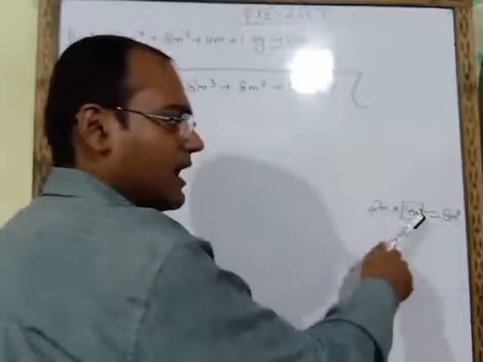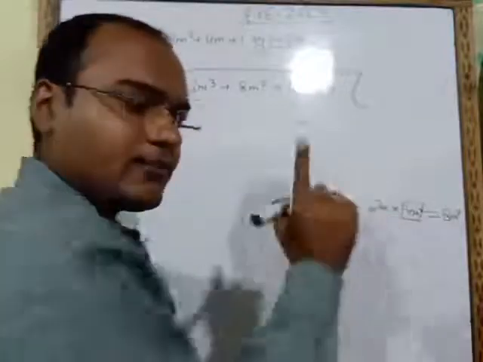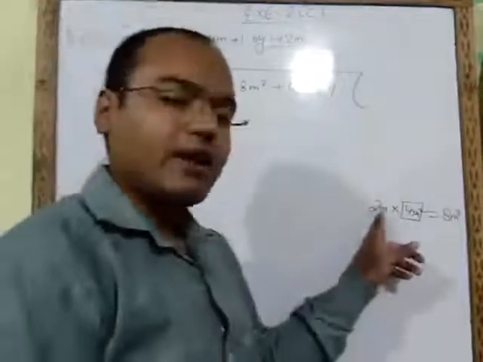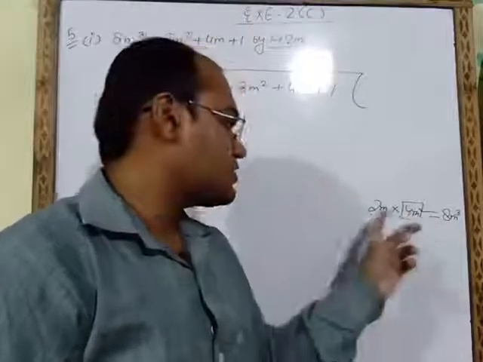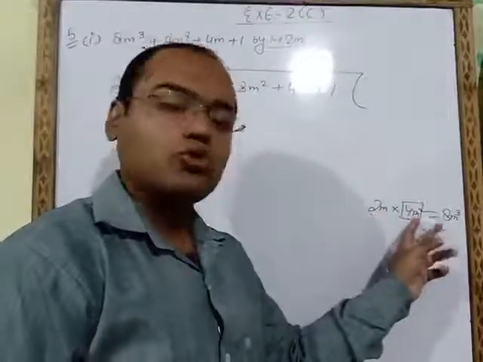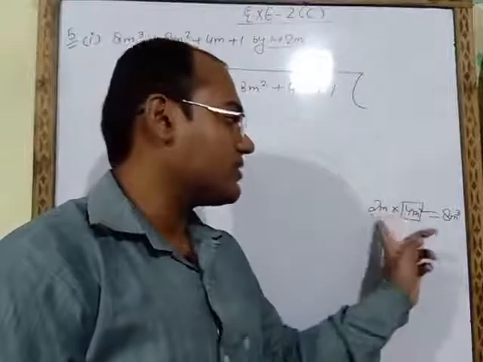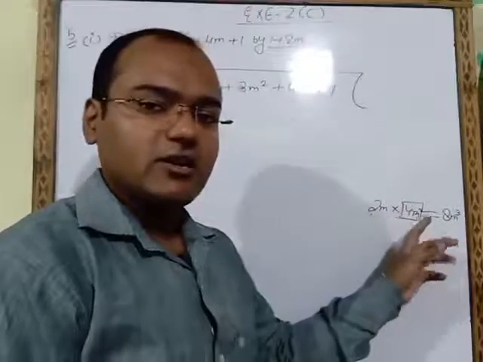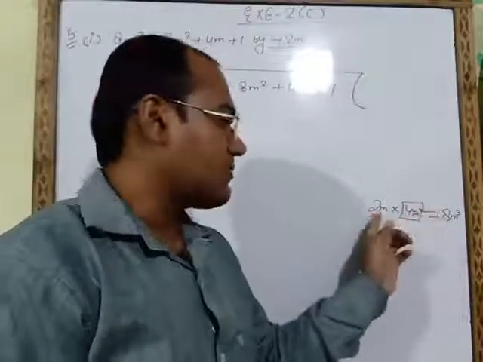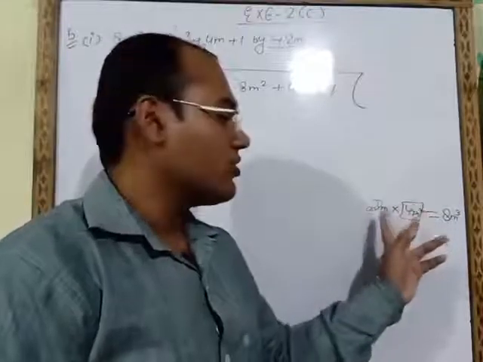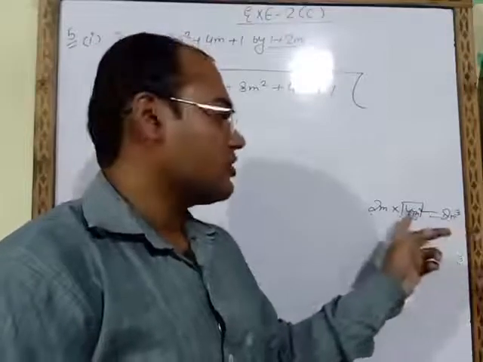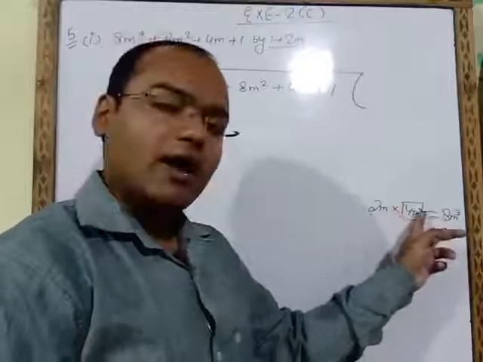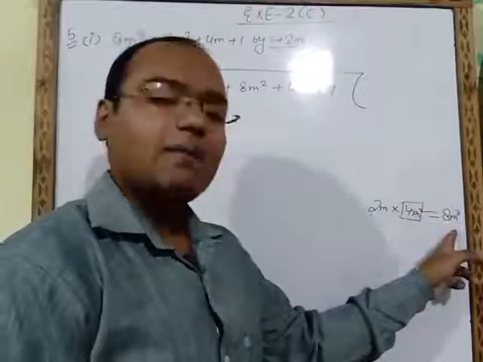M multiply m square. Here it is power 1. This is only 1m, and this is m power 2. M power 2 means 2m. So 1m is here and 2m is here. On multiplying these two things, power will get added. Here it is power 1, here it is power 2. On multiplying these two, our answer will be m power 3. So m multiply m square we will do, then we will get m power 3.